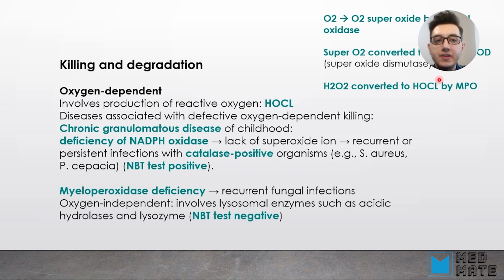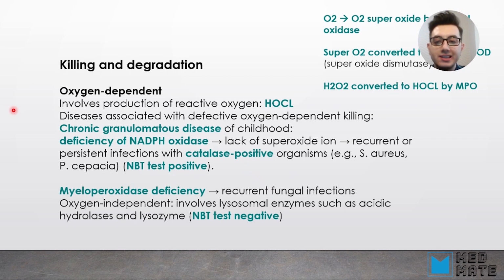Now, if there is a defect in these enzymes, there will be a defect in the oxygen-dependent pathway. Now, the oxygen-dependent pathway involves production of reactive oxygen or bleach, and diseases associated with defective oxygen-dependent killing are